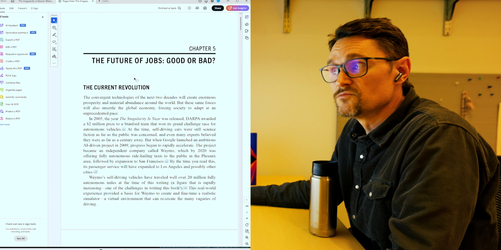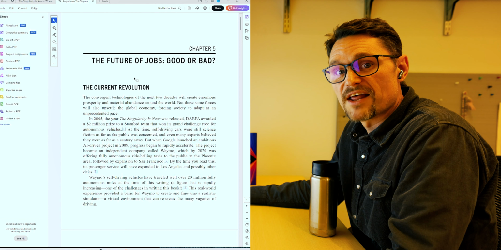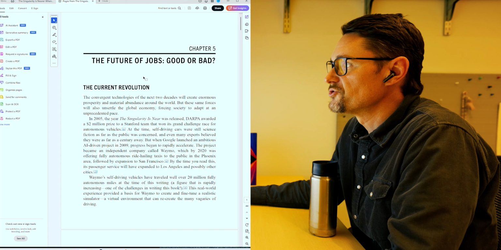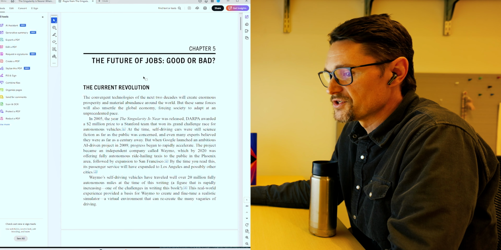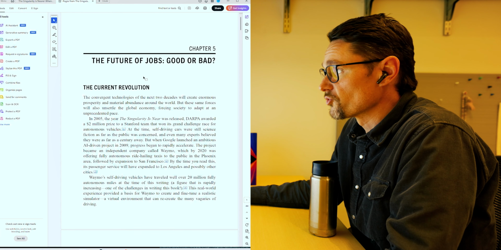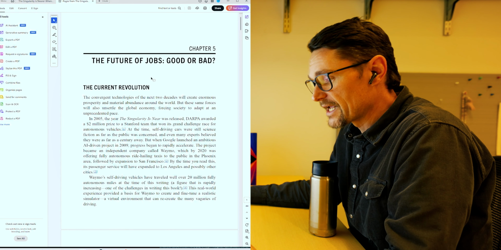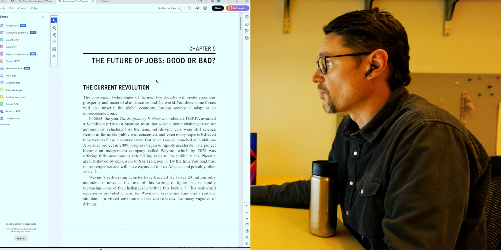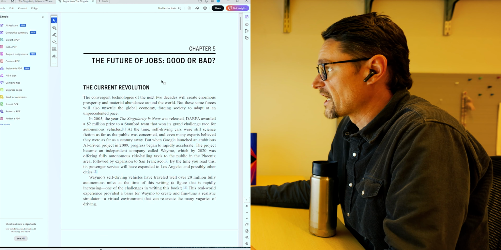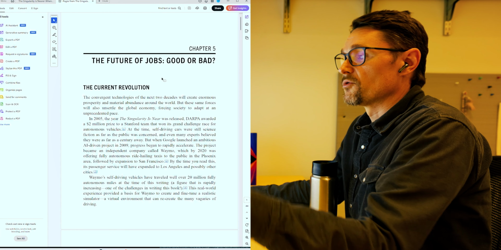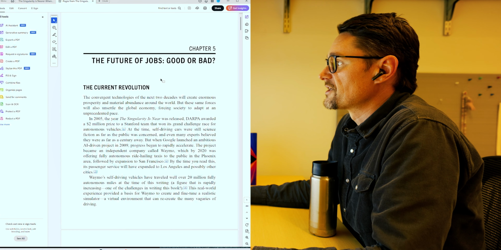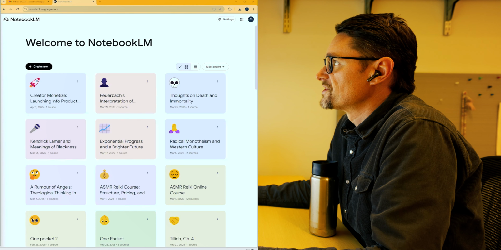So that's step 2. Step 1 was find the PDF. Step 2 is cut down the PDF to whatever specific piece you're reading. If you do the whole book, it will not work, and it will look like you've used AI to do your homework. I'm giving you a leveling up strategy. All right, so now we've done that. We've got this single chapter. Now we're going to go over here to